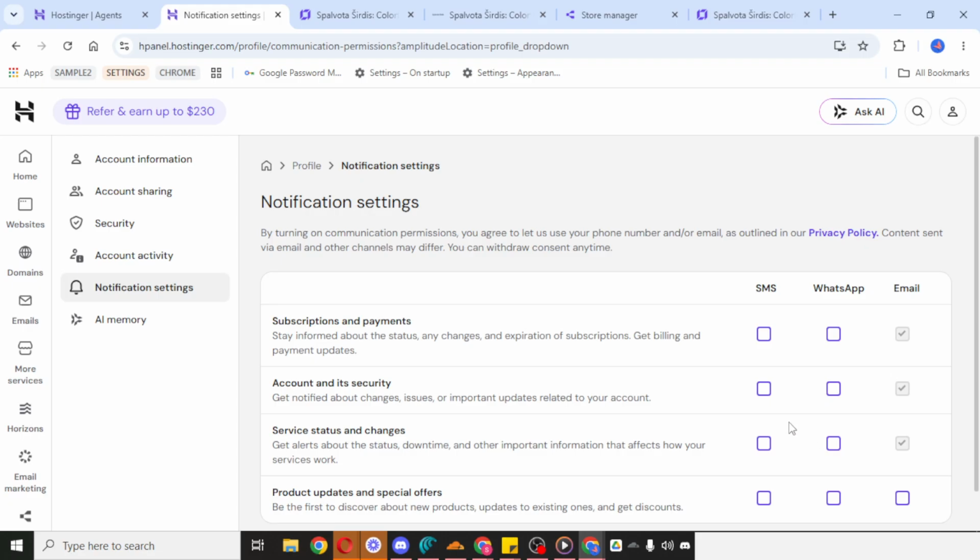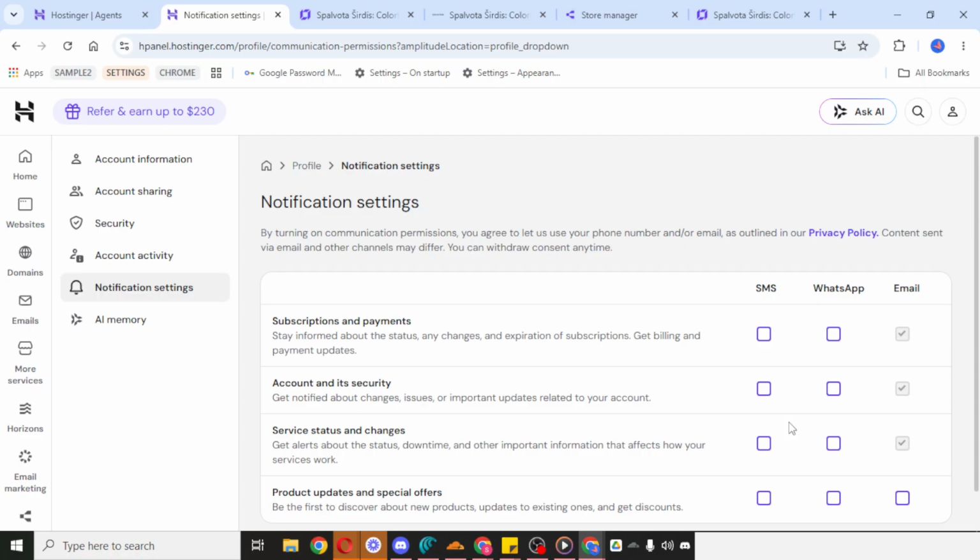stop them. After unchecking the WhatsApp options, it's a good idea to pause for a second and confirm that the settings now reflect your preference. Some platforms save changes automatically, while others may require you to confirm or save before leaving the page. If you see a Save button, make sure to click it so your changes are applied properly.